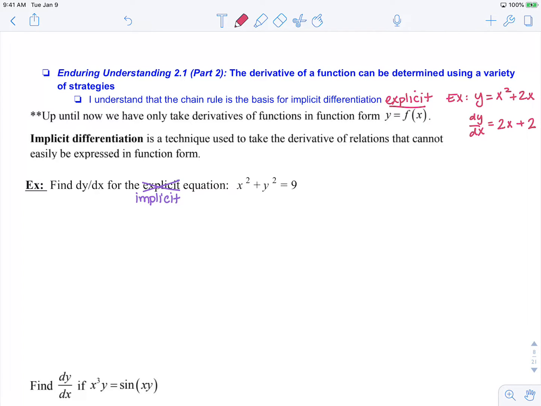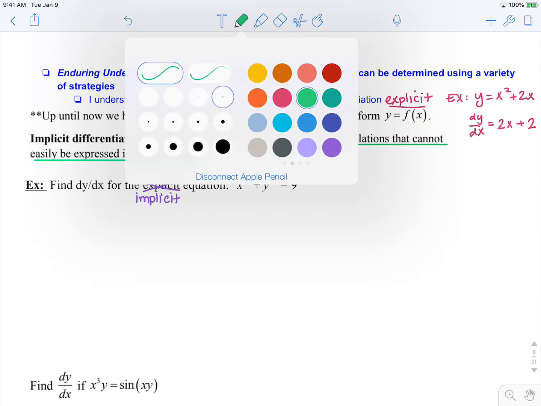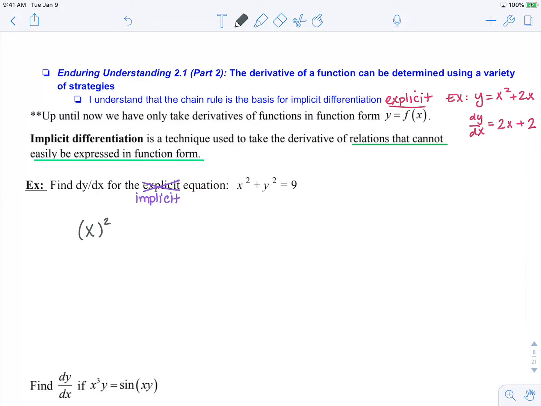Very straightforward. We use implicit differentiation to take the derivative of relations that cannot be easily expressed in function form, like the example below. We want to find dy/dx for the implicit, not explicit, equation x squared plus y squared equals 9. So I'm going to rewrite this as x squared plus y squared equals 9,